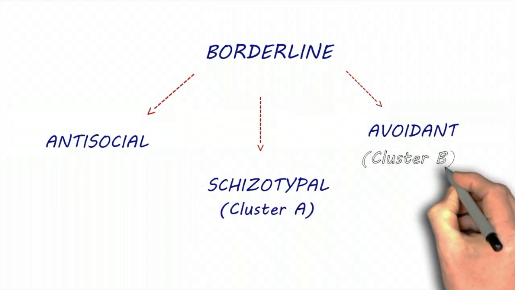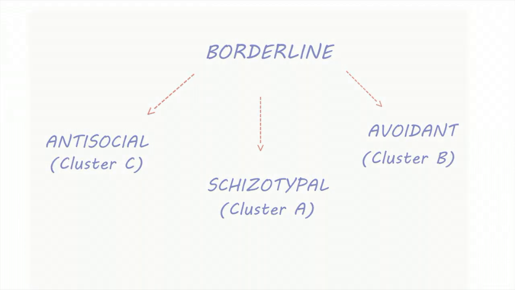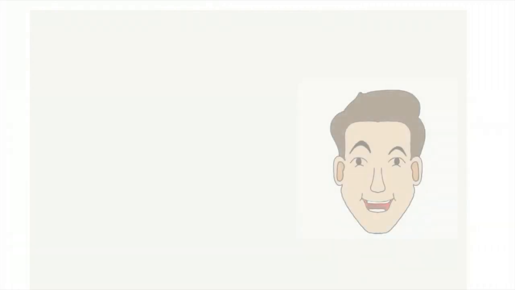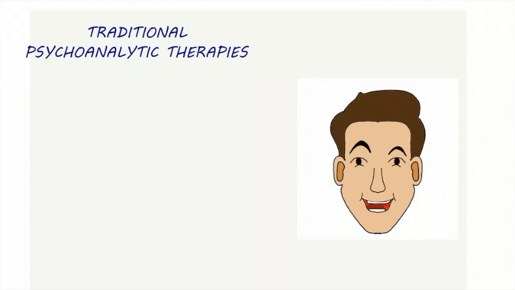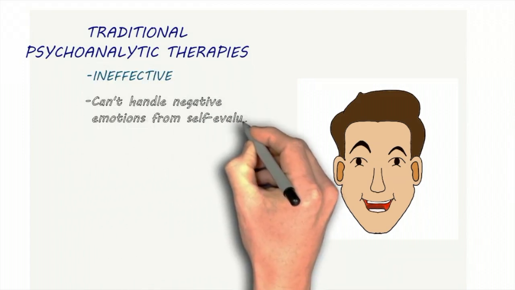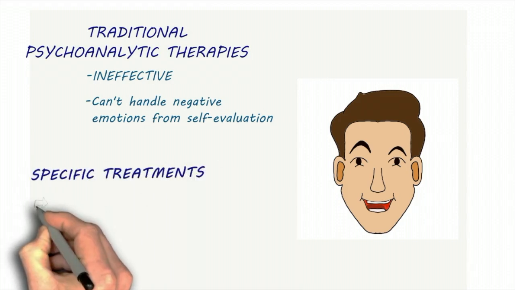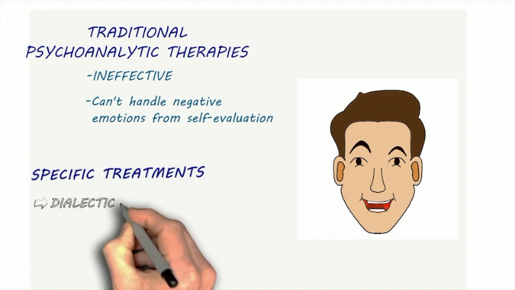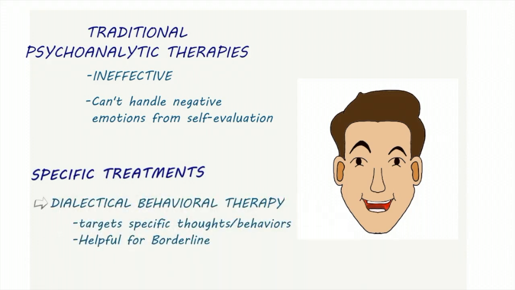In general, traditional psychoanalytic therapies are ineffective for cluster B personality disorders, since people with this disorder often can't handle the strong negative emotions that come with the challenges to one's self-evaluation. Some specific treatments can work well though. For example, dialectical behavioral therapy (DBT), which targets specific thoughts and behaviors, can be pretty helpful for individuals with borderline